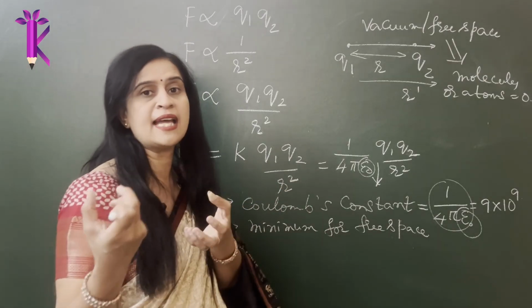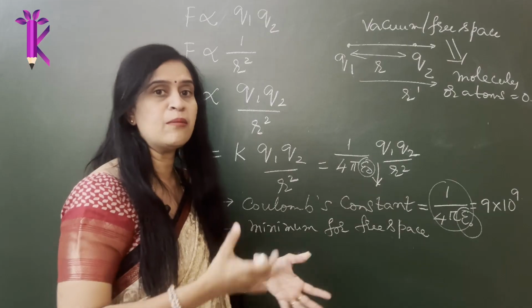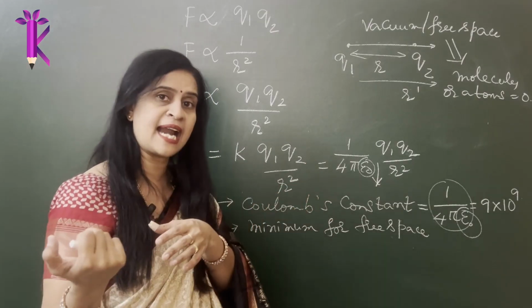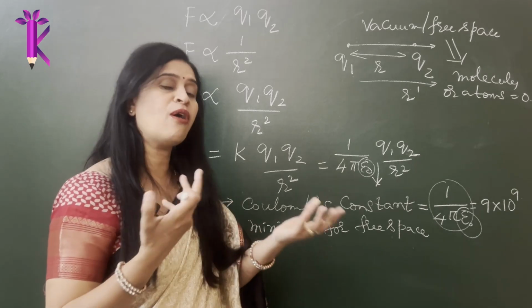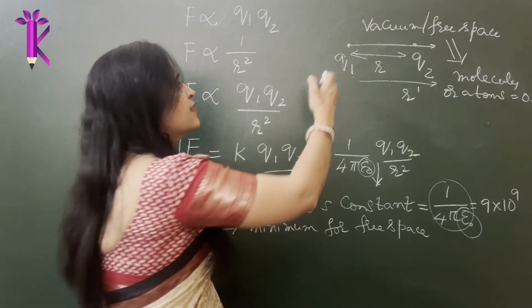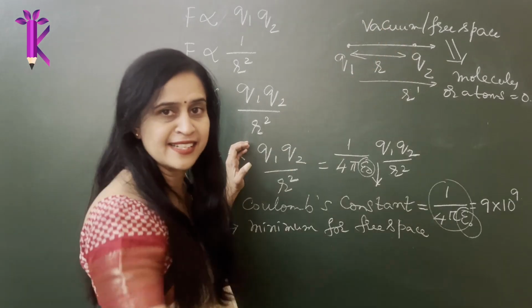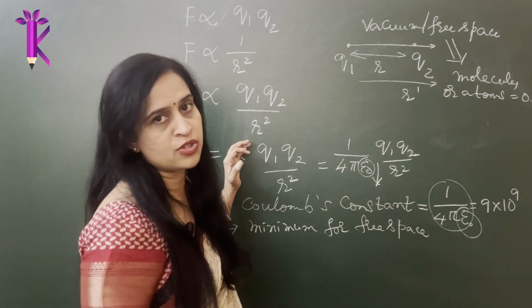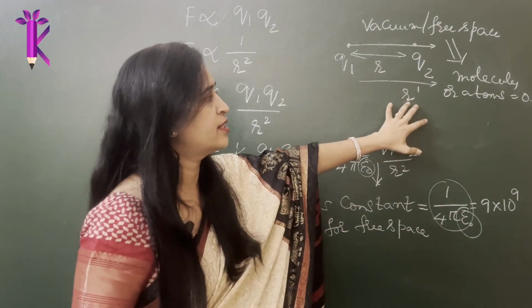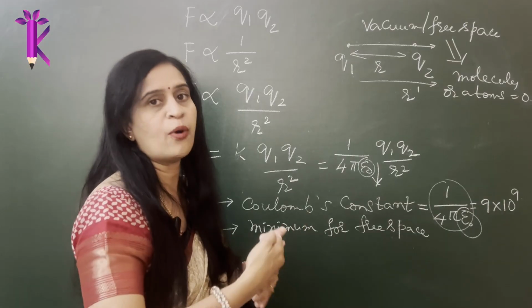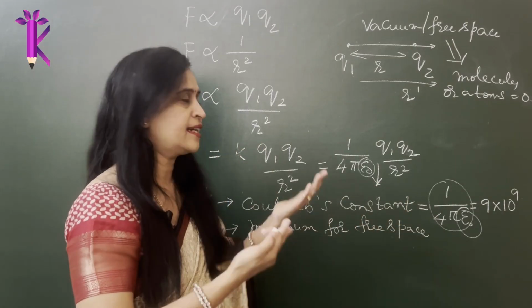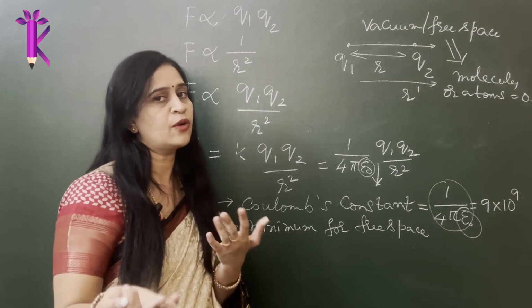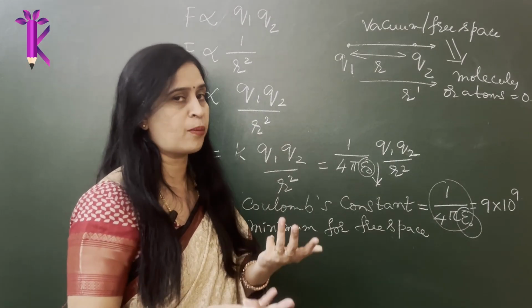Why? You are removing all the atoms. So you are depriving that medium of really reducing the force between any two given charges. You have removed all the atoms out of the system, out of the medium. So obviously there's nothing to interact with. So it has to directly interact with the other charge that is up there. So it exerts a force, a repulsive force. So the charge displaces from its original position at a distance r to a new distance called r dash. So ideally both have moved apart, proving that it also obeys Newton's third law. For every action there is an equal and opposite force.